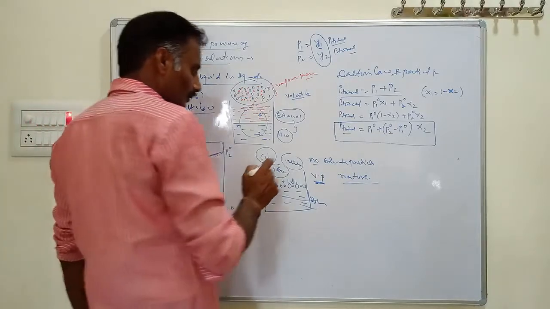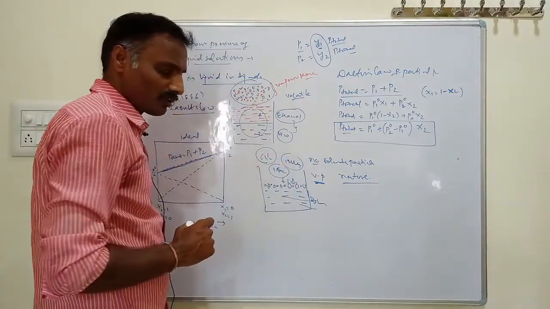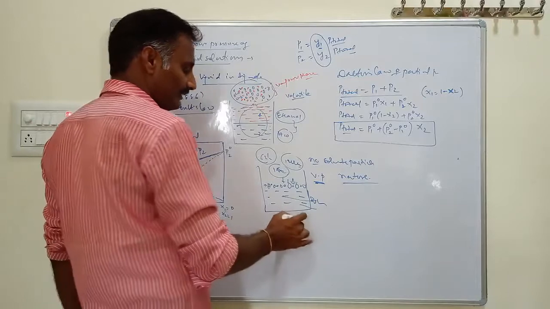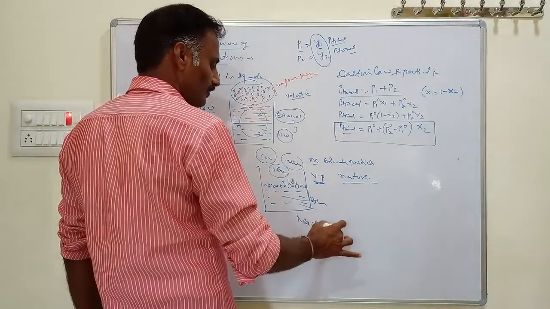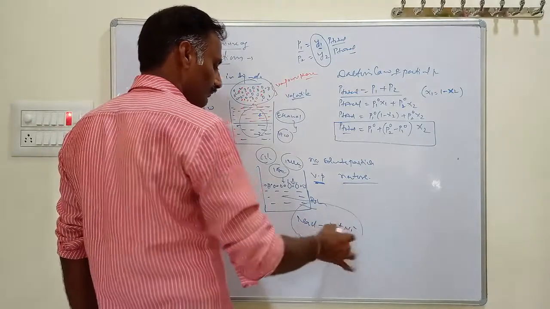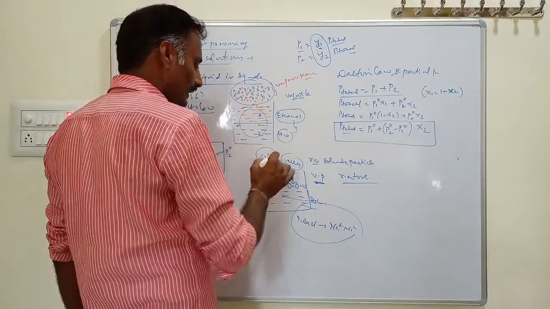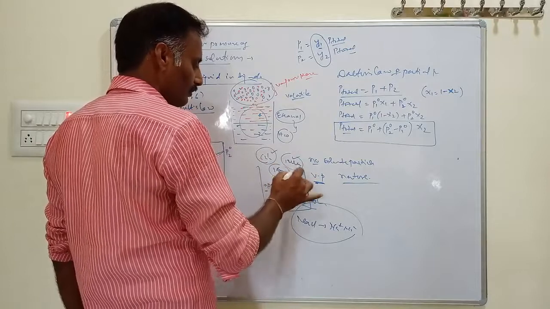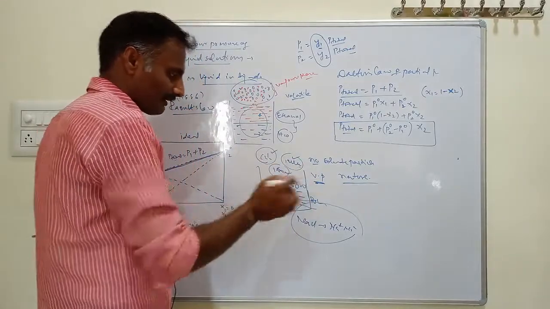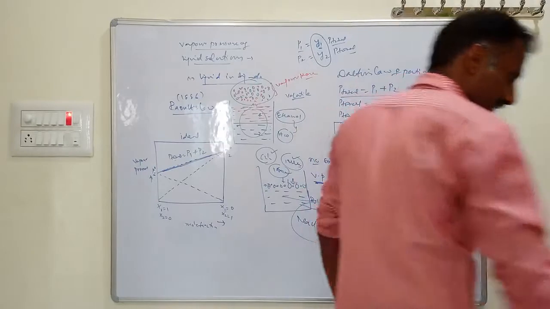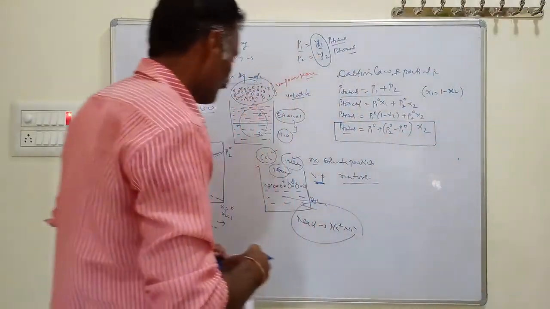Glucose, sucrose and urea do not undergo dissociation. If you add NaCl, it undergoes dissociation and gives Na plus and Cl minus, so the number of ions, the number of particles, changes. That's why by adding 1 mole of glucose, urea or sucrose, the change in vapor pressure remains the same, but not for NaCl. Don't take NaCl.